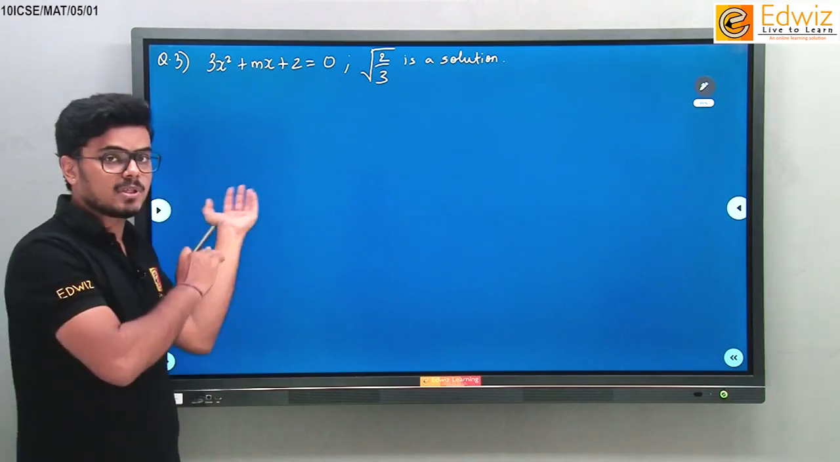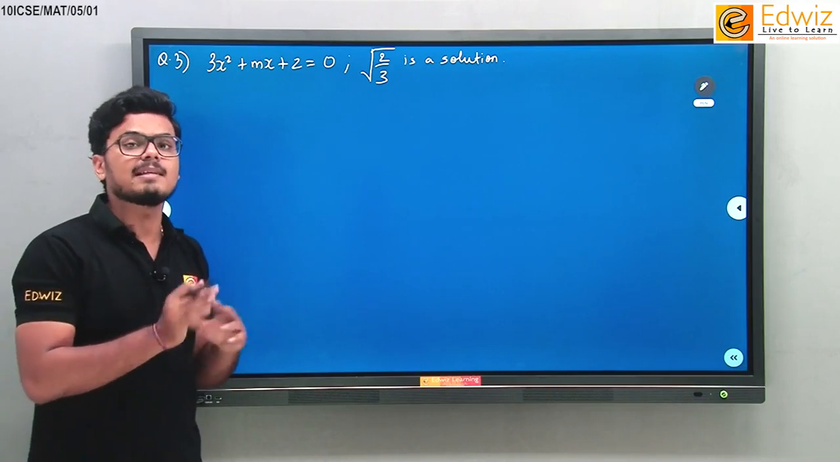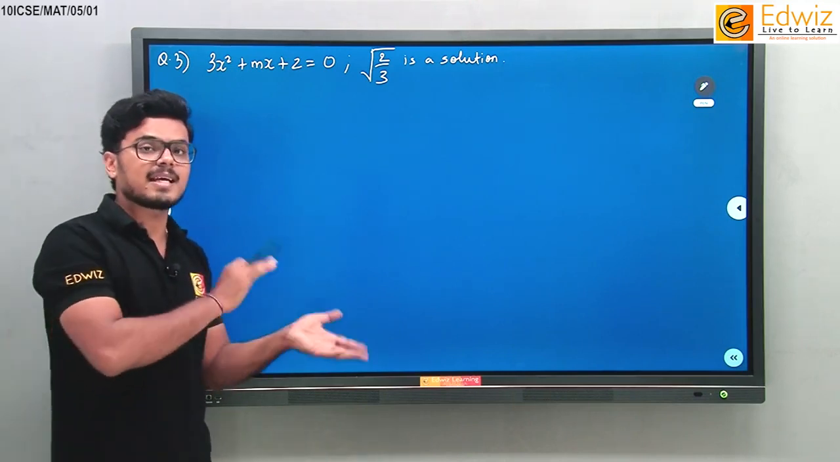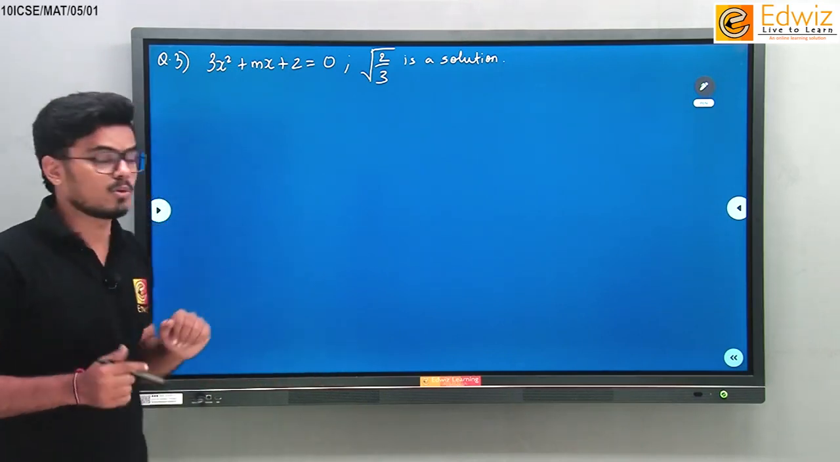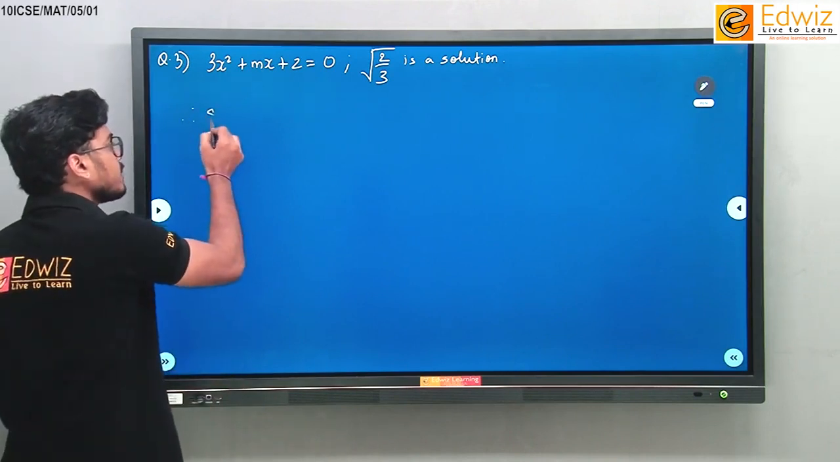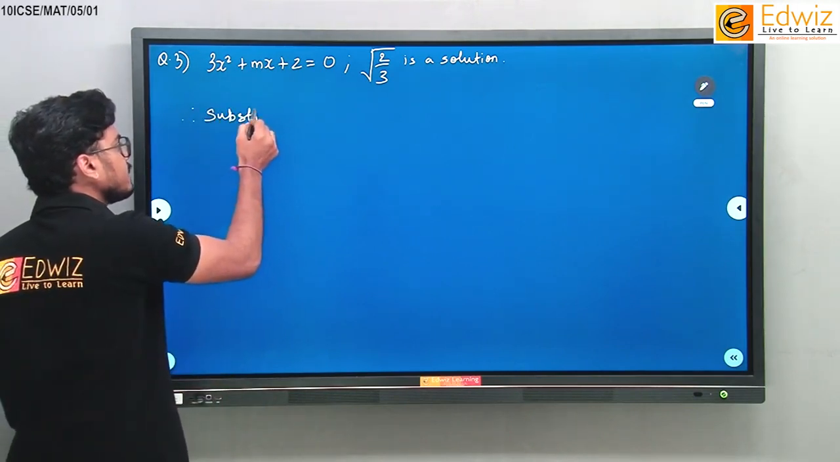So we can directly substitute inside the equation. There is no need for LHS RHS. That was just for checking. But now we already know it is a solution. We can directly substitute